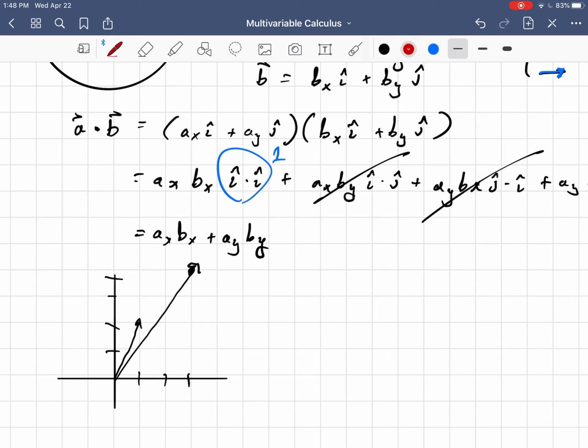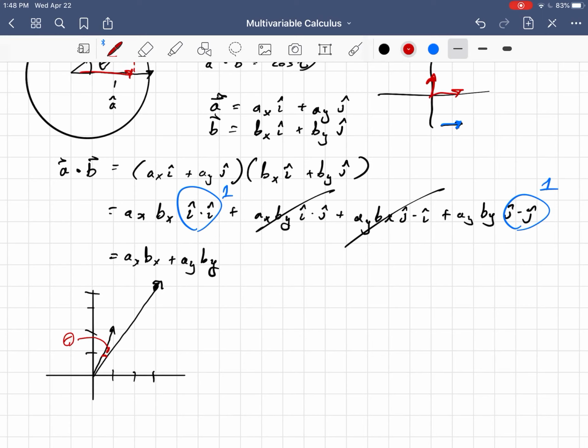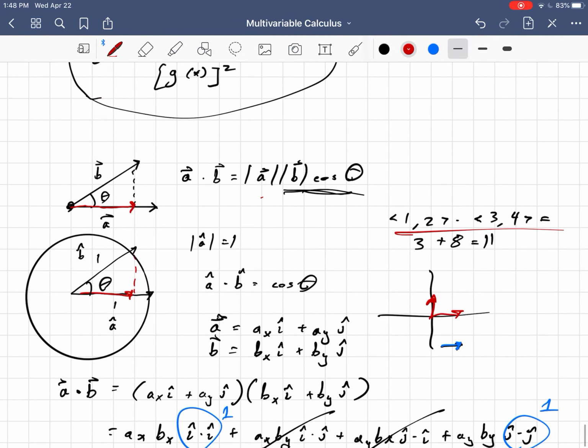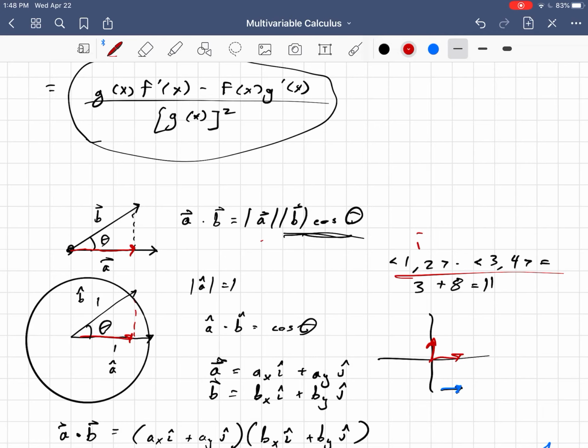That's 1, 2. And then we go 3, 4. So we're going to be right here, like that. And if I were to zoom in, I guess this is a little hard to draw, but the angle in between these two vectors, that small angle there, would be theta. And I guess since it's a small angle, it's also the sine of theta. No, I'm just kidding. That was a physics joke. Anyway,